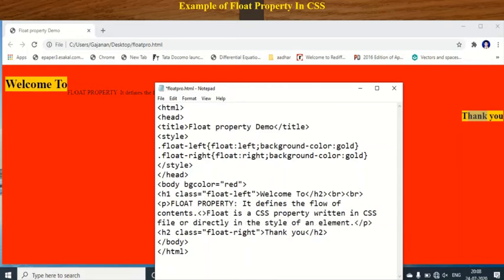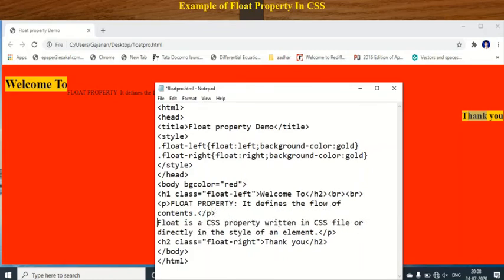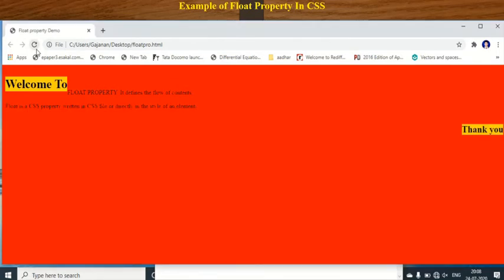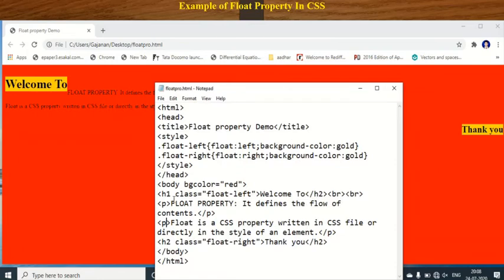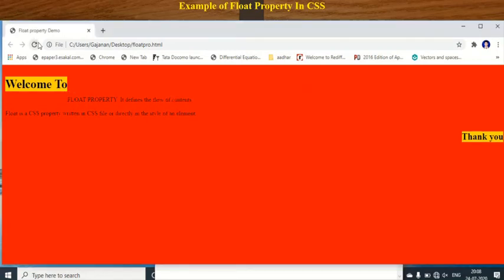Okay, suppose I want to change this P and then I want to apply this again, save, then your line is shown like this. Okay, or I have to apply BR once again, save, then your text is shown like this.